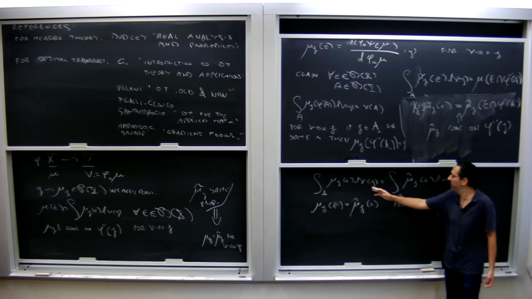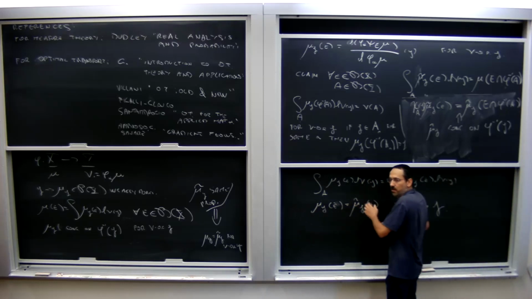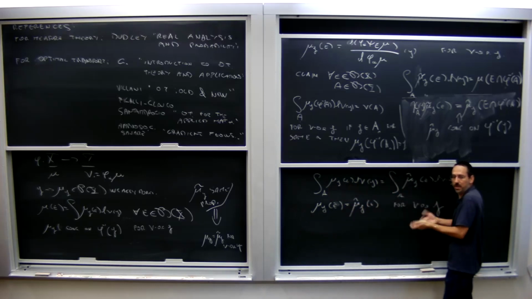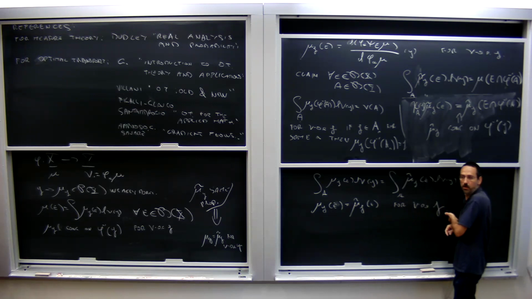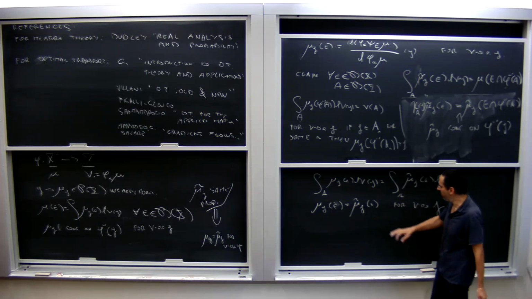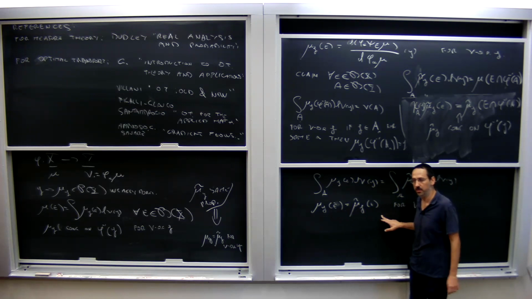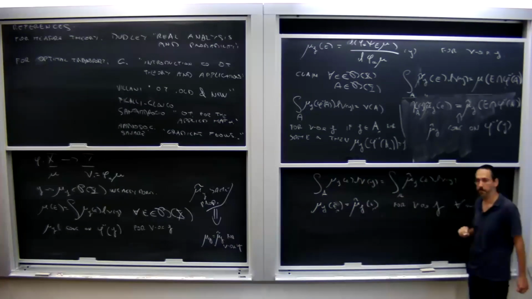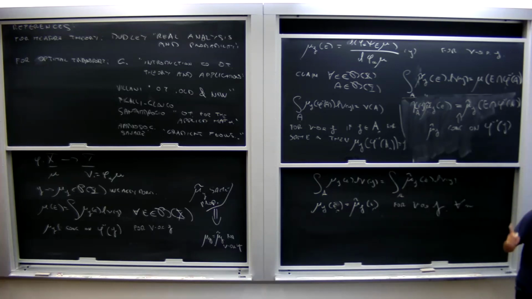Actually, if you want, this requires even less. So fix E. Look at the function of y that gives you μ_y(E) and μ̃_y(E). These two functions integrate to the same real number whenever I integrate on any Borel set A. So they must agree almost everywhere. Okay. Now let me play with the fact. Now let E vary on a countable set generating the sigma algebra on the source space. And so you know that this is true for μ almost every y and for every n. But once you know that two probability measures agree on a well-chosen countable collection of sets, then they must agree. Okay, end of the proof.